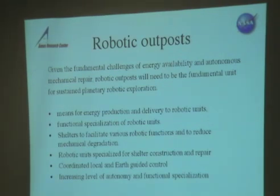The fact that you need a fairly complex system already, with these types of abilities and energy to be able to self-maintain, means that the minimal unit to last for a long time on the Martian surface cannot be a single robot. It has to be a little outpost, a small colony. And so they would have to have means of energy production, more functional specialization in the robotic units, and shelter,